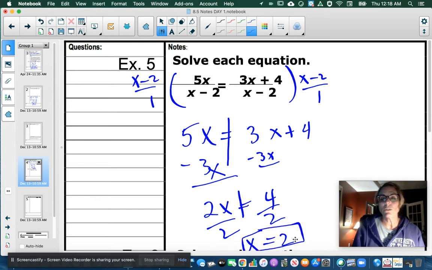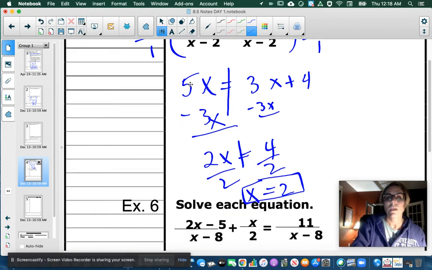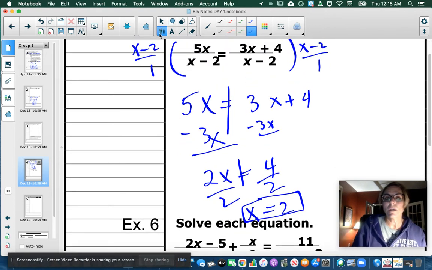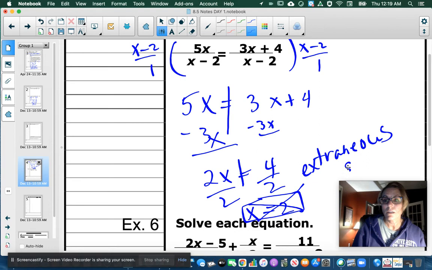When I plug that 2 back in, we have a problem. If we plug 2 back into the original, we get 2 minus 2, which is 0 on both sides. You cannot divide by 0. So therefore, this is not a solution. This x equals 2 is exactly what we just talked about. That's our extraneous solution,